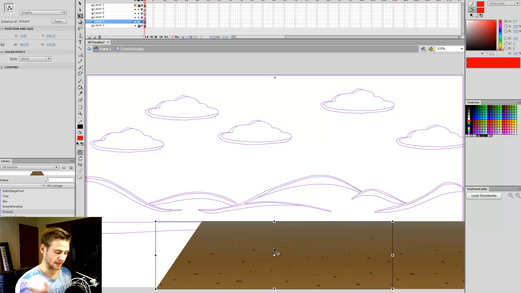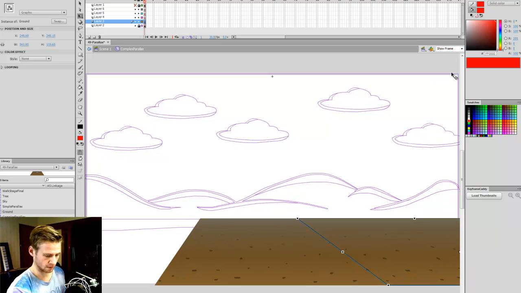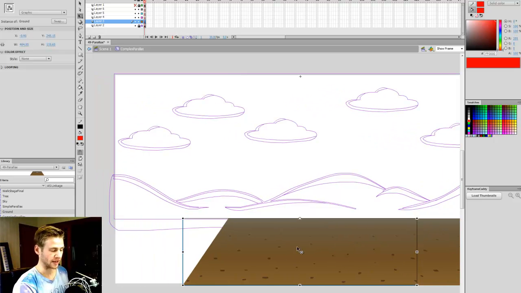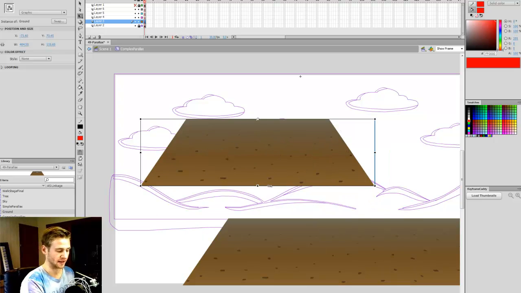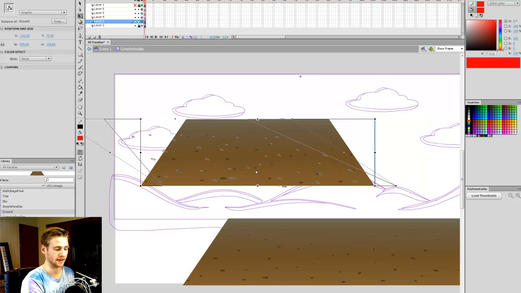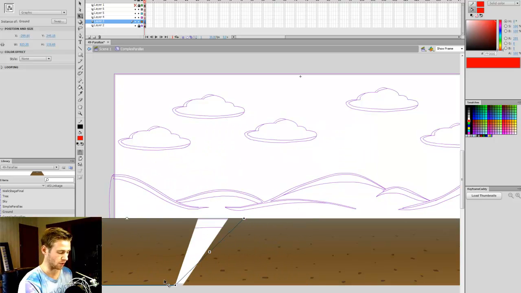Now the other thing I need to remember to do is, this little dot here that I can drag around, I need to lock that to the very top of these objects. Reason being is that is the anchor point. Okay, so when it's tweening, I'll show you what that changes. If I paste that here, now when I skew, it anchors where I place that little dot. If I put it down here, it anchors there. You see that? So I'm going to place the dot up there, and that means when it tweens, it won't make weird bouncy looking things. It'll just tween across the way I want it to. So I'm going to skew this across here, have it match,